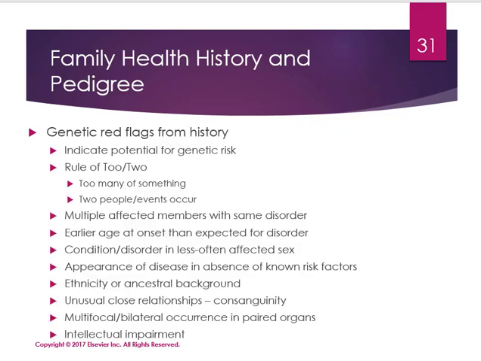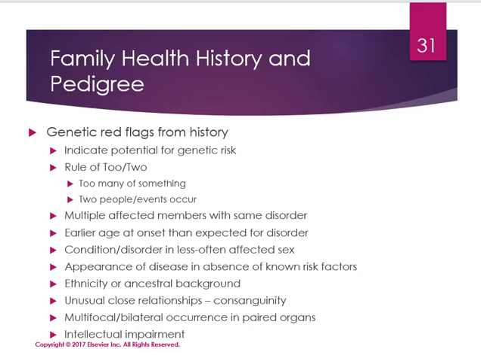And so let's talk about some genetic red flags that may come up from your history taking. These are things that indicate a potential for a genetic risk. There is the rule of two, T-W-O, too many of something, or two people or events that occur. There is also another mnemonic called the SCREEN mnemonic, and it's found in your book on page 1159, Table 41-4. That's good to help to remember the important components to look for and ask for when getting a family